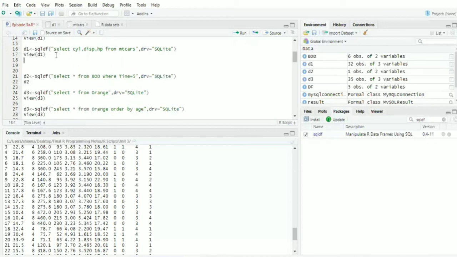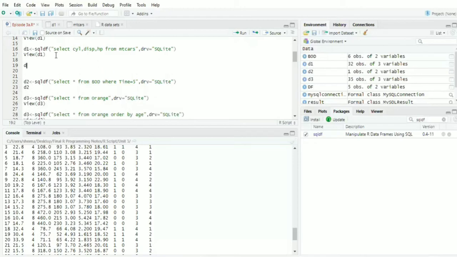For that query, first of all, I will store it in a frame. I'll give the variable name A2. In that, I will run sqldf.